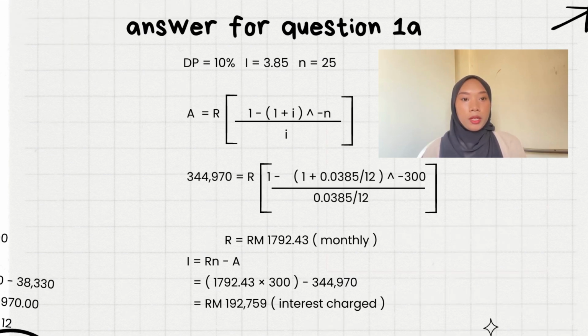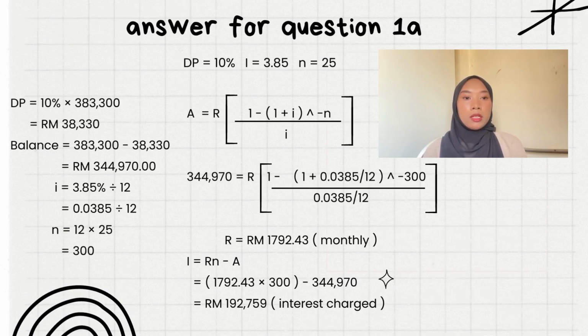Part A, question 1. The first one is we have to find the monthly payment and the interest charge. The information given is the down payment 10%, I is 3.85, and N is 25. So first we have to calculate the down payment, which is 10% multiplied by 383,300 ringgit, and we get